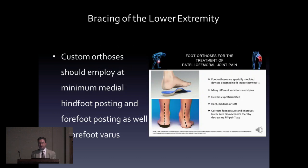So when you're seeing these patients with patellofemoral syndrome, again, most of them are going to be female. 60 to 70% of my office are female patients because of their genu valgum. Many of them are ligamentously lax in general. But what I found is that you need to not only post the hind foot in your orthotic, but you need to post the forefoot,